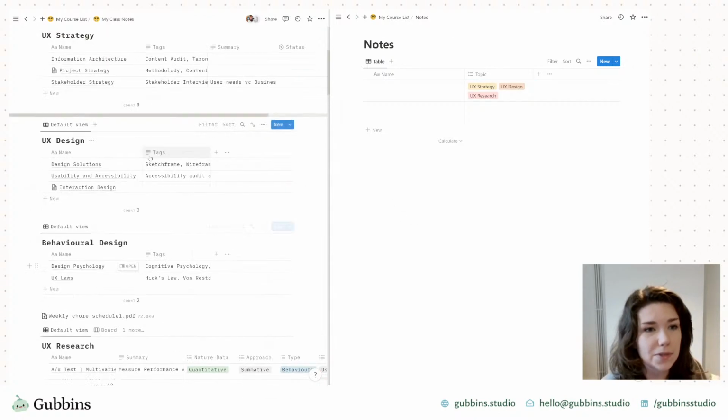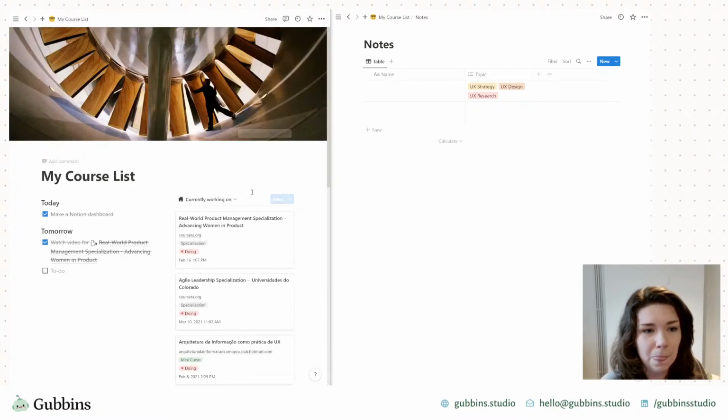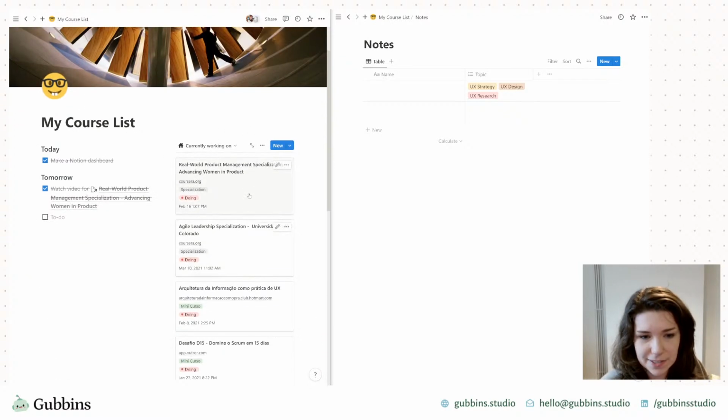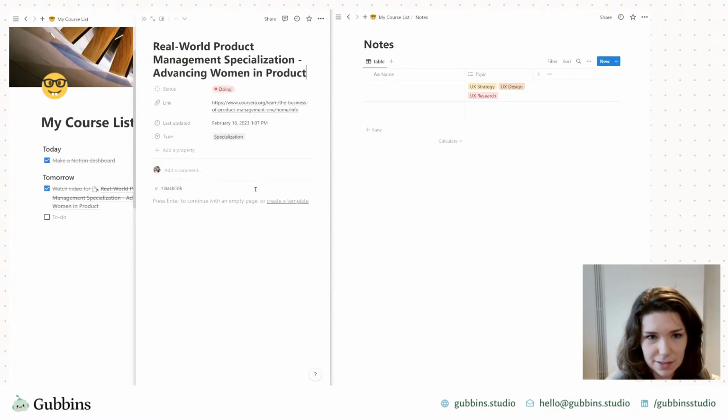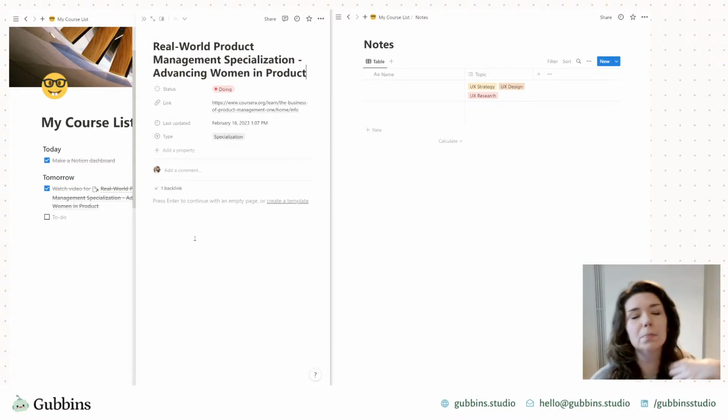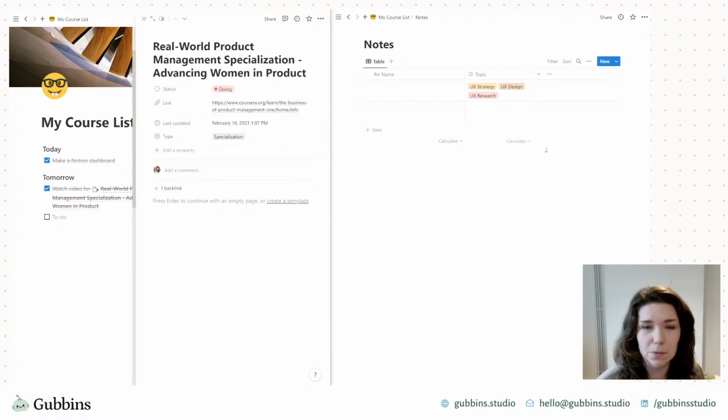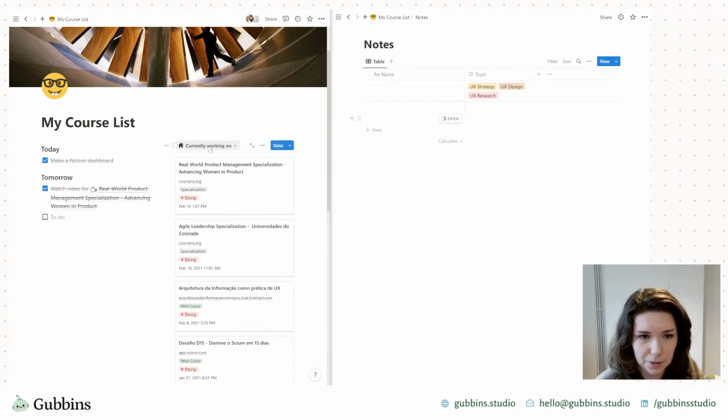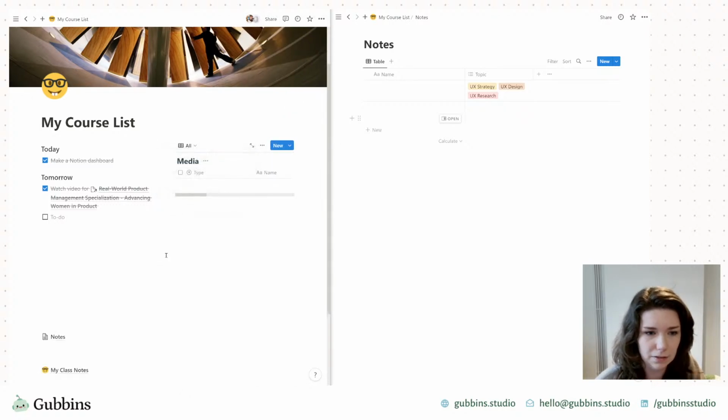Oh, that's the other thing I was going to show you. Okay, so say you have all of these different courses and books and things, and you want to be able to take notes on them, but then also keep all of your notes in one place. With this new notes database, what you can do is connect it to the, and I'll bring up the more familiar view.